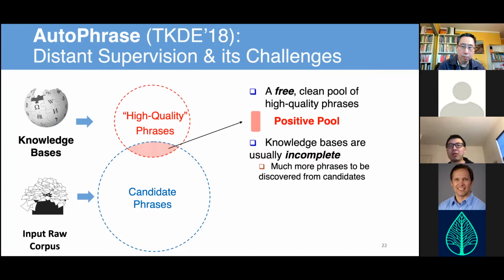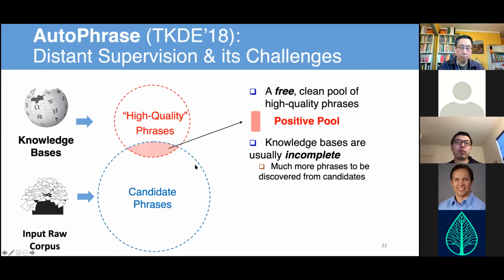But of course now this example is outdated. We should now talk about the Biden administration. So there's no wiki page at all about these things, and they are all emerging phrases. When you have a new government, then this phrase will be updated. So if we look at the remaining parts in the candidate set, there should be a fairly large number of high quality phrases that we want to discover. That's why we want the phrase mining technique.